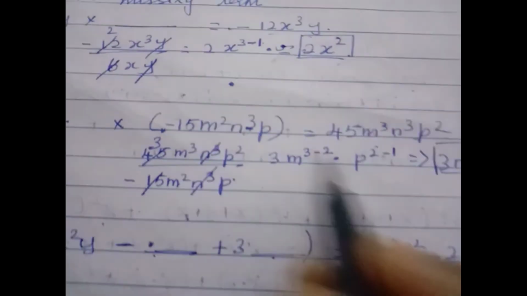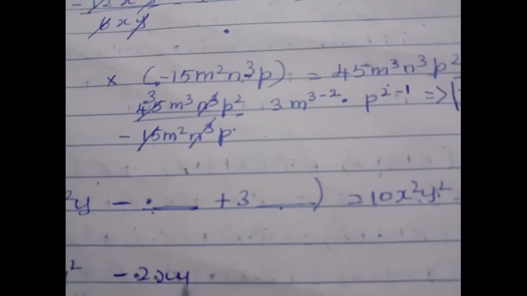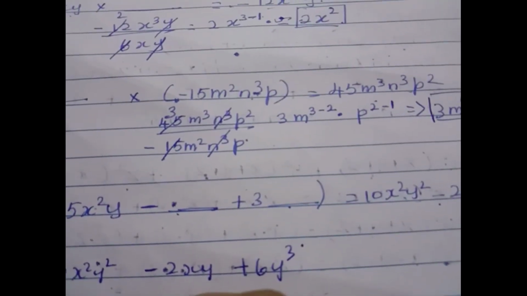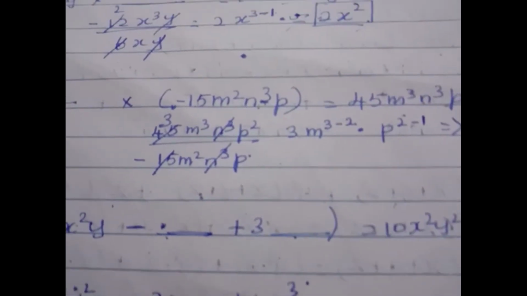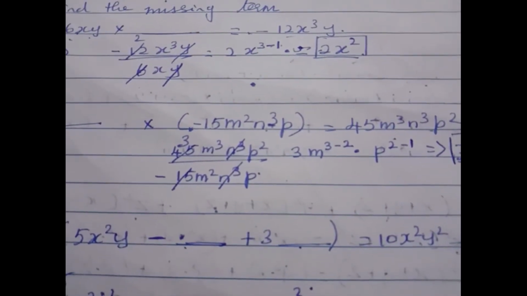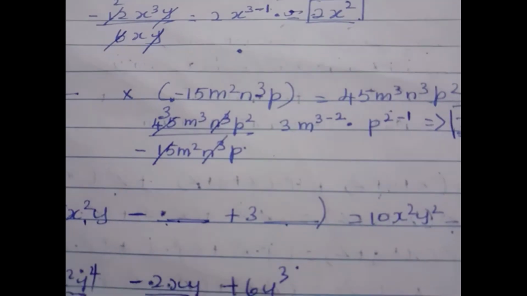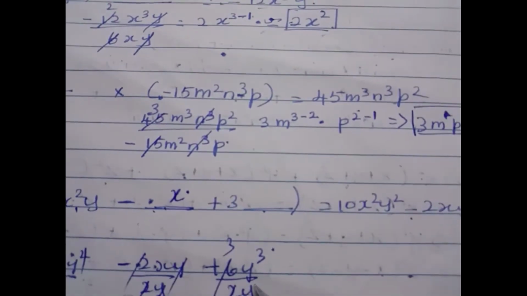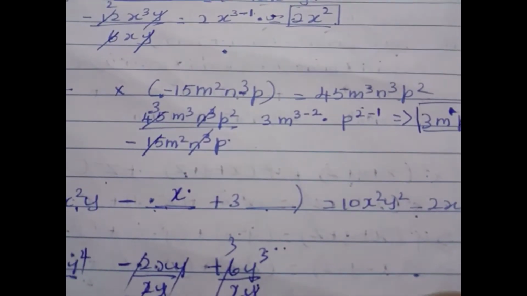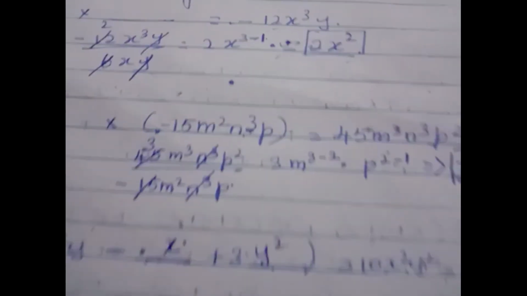Next, you have to find the missing term. So bring this 2y to your right hand side. 10x square y square minus 2xy plus 6y cube. If you bring it to the right hand side, you have to divide each term by 2y. So if you cancel, 5 times, so 5x square y is already given. We need only this term. 2 and 2 cancel, y and y cancel. So x is your missing term. Here 2 threes are 6, 3 minus 1 is 2. So your answer is, already 3 is given, so y square.